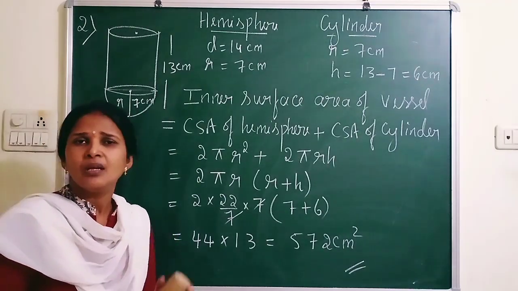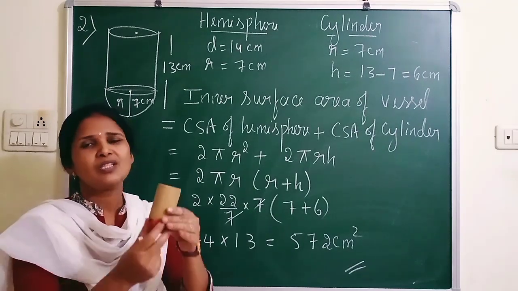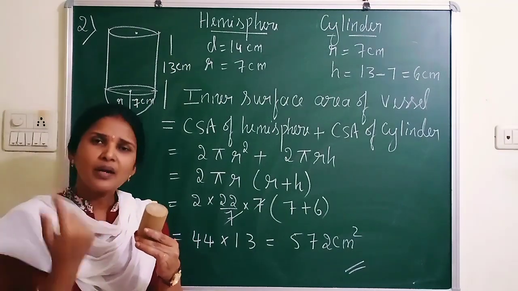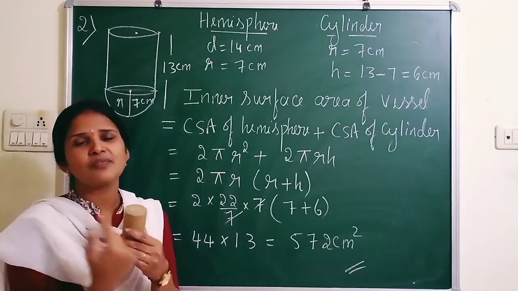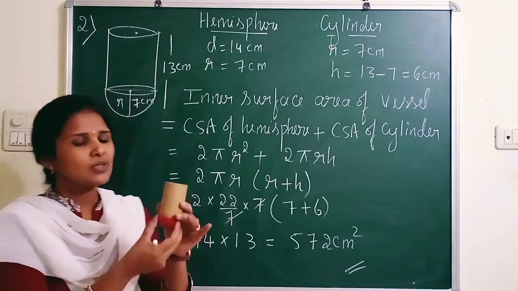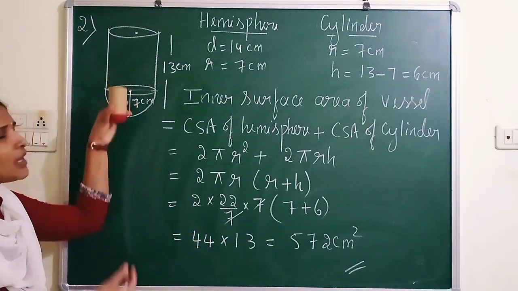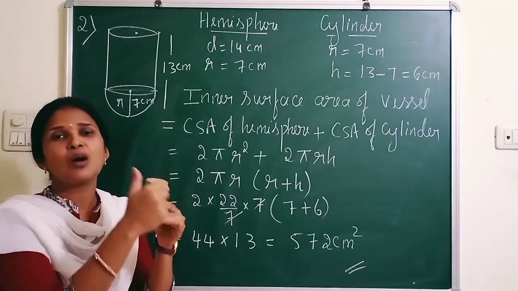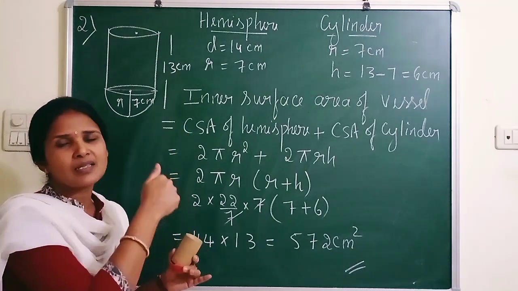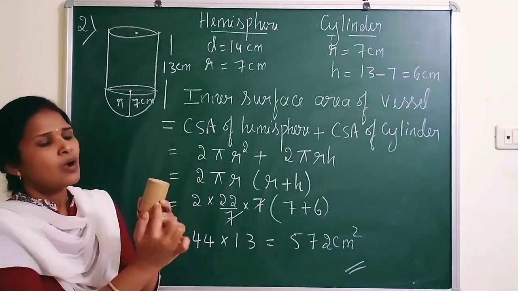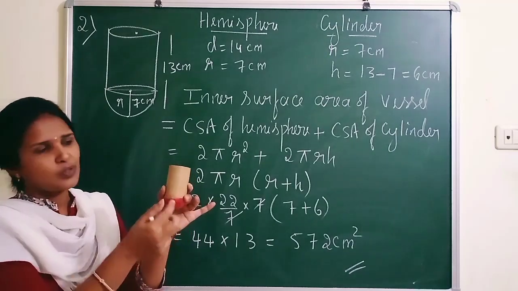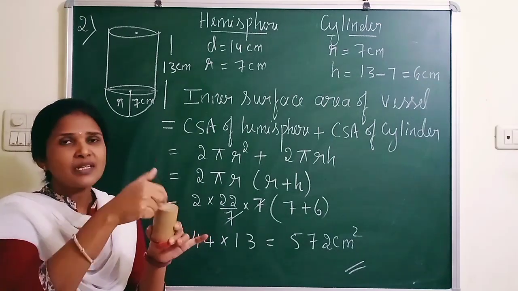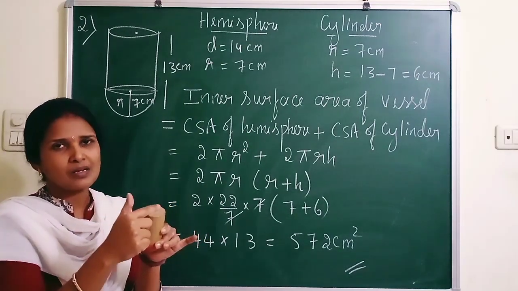So for that let me show with one model. But it is not hollow. Imagine that it is hollow. Whether it is hollow or not, the inside and the outside surface area remain the same. So if you see this, it's a cylinder with a hemisphere at the bottom. If I want to find the CSA of this, now here I am explaining the outer CSA, but in this question they are asking to find the inner CSA. So what you can see from this block? You can see the CSA of the cylinder, and because it is hollow, we should not consider the circle.